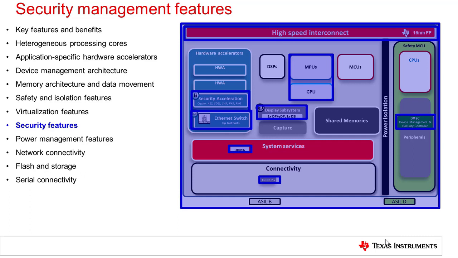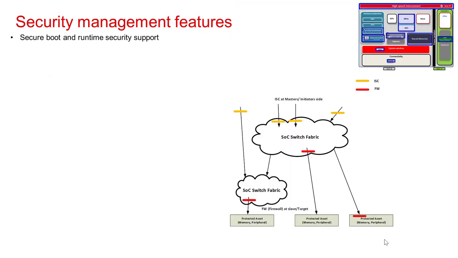As automotive systems become more and more connected and safety requirements are going up, security is more vital than ever in the automotive application space. This section will give a high-level overview of the various features which implement security on the Jacinto 7 SoC. Jacinto 7 supports both secure boot and runtime security. One-time programmable or OTP fuse ROMs allow the option for customer securable devices.